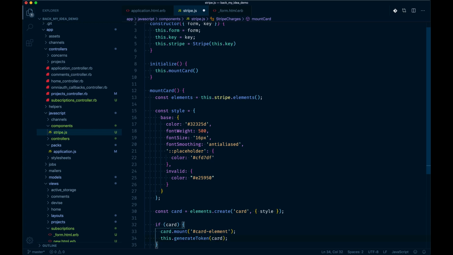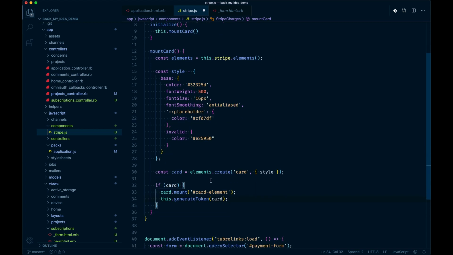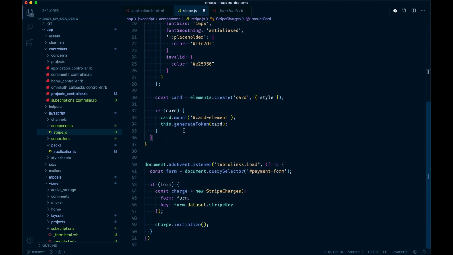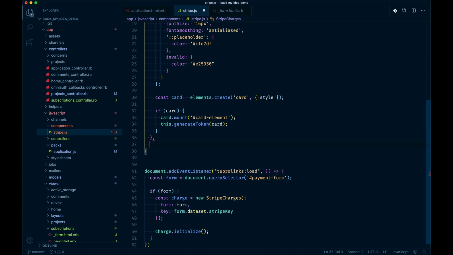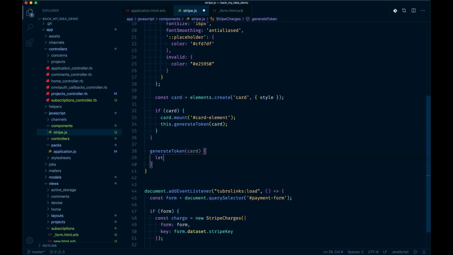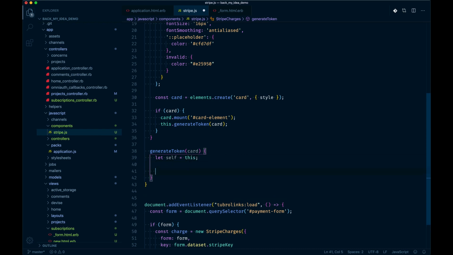This is card. Okay, and then we'll go ahead and create a new method outside of this one. We don't need a comma. We'll just do generateToken, pass in the card, and I needed to do this to get access to the class. And this.form.addEventListener,